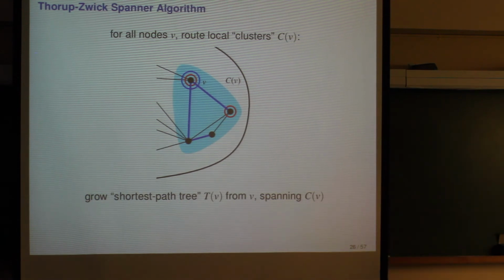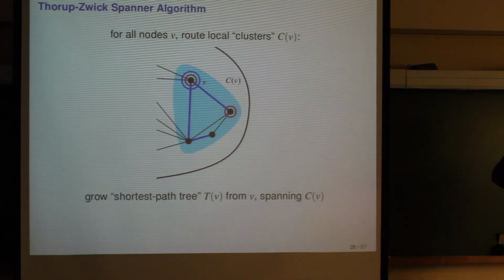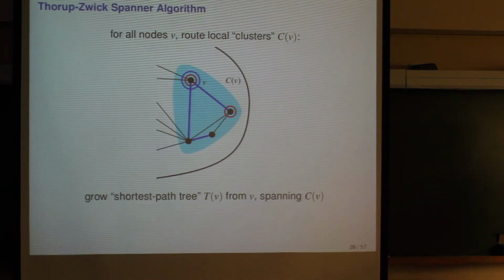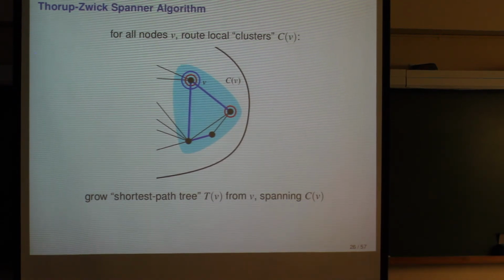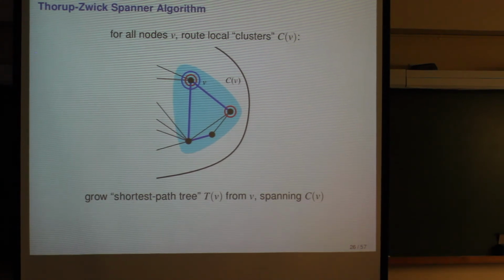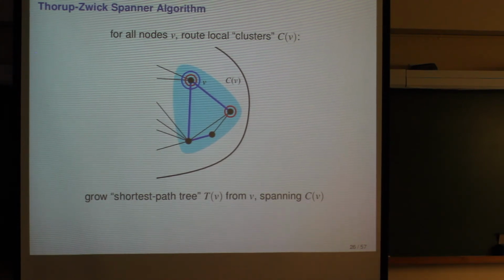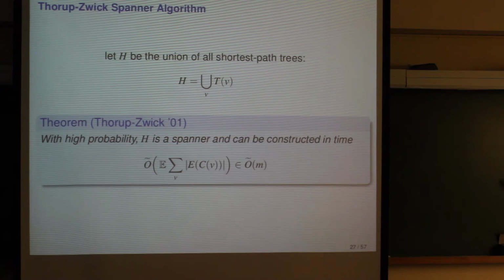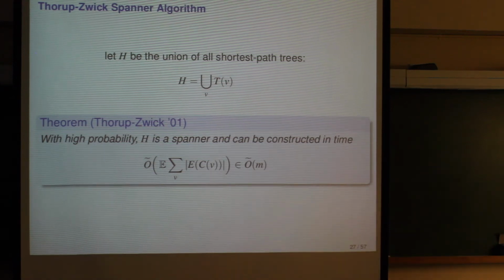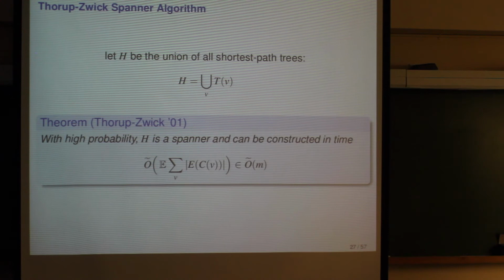It just means you have a node V and a cluster C of V, which is just a set of nodes, and you want to grow a tree which contains all the shortest paths from V to every individual node. So it's a tree with V being the root, but every path to a node in the tree should be the shortest path in the original graph, right? So it's a kind of routing. You can bound complexity and so on, and in the end, you get an algorithm which has complexity O tilde m. So this is the classical Thorup-Zwick algorithm.